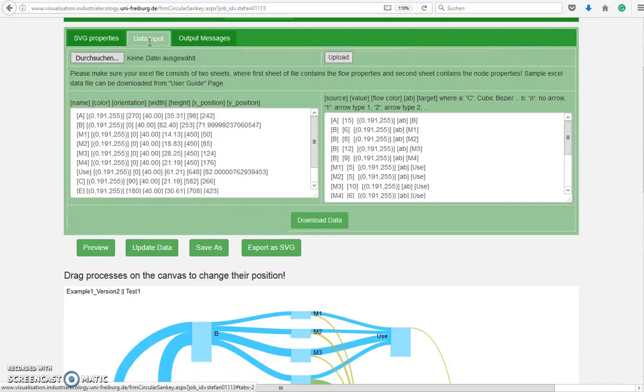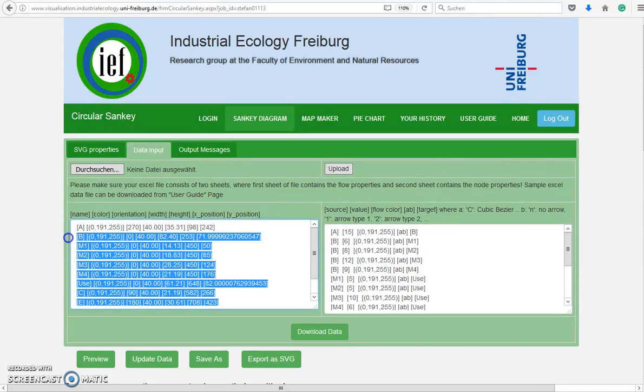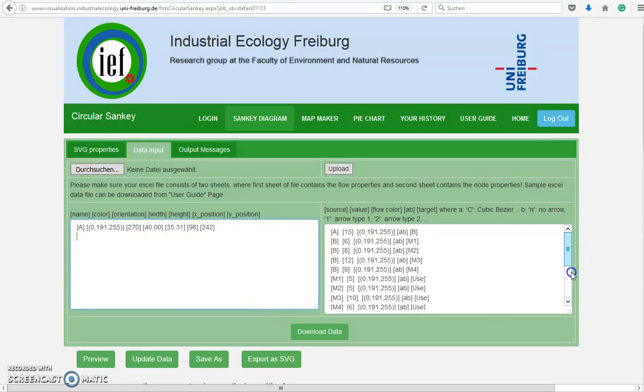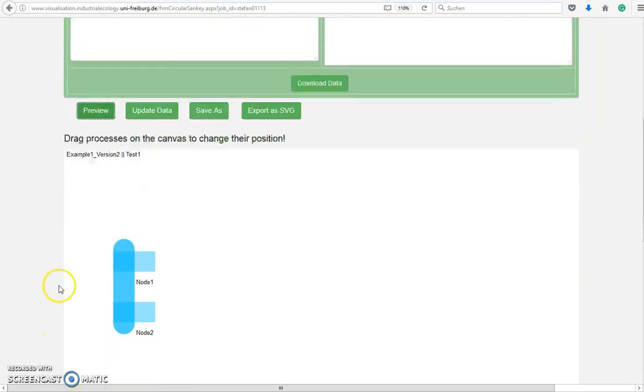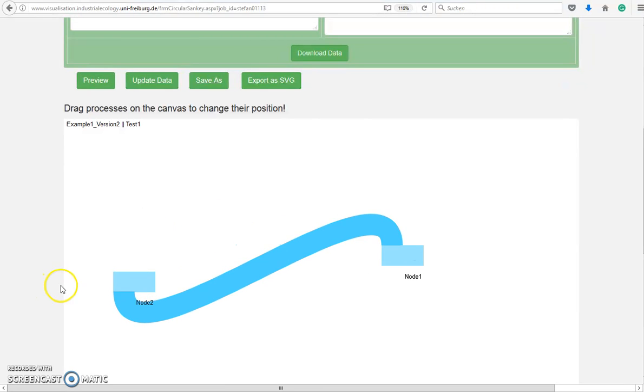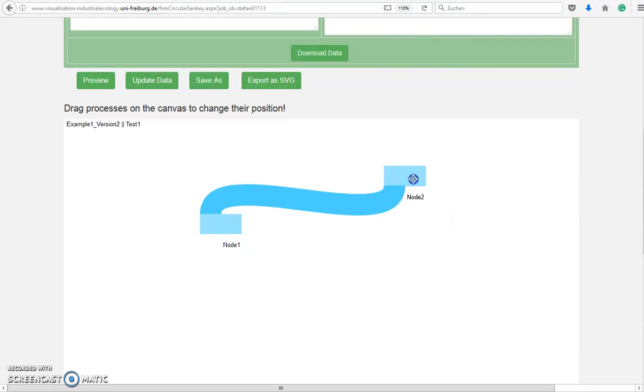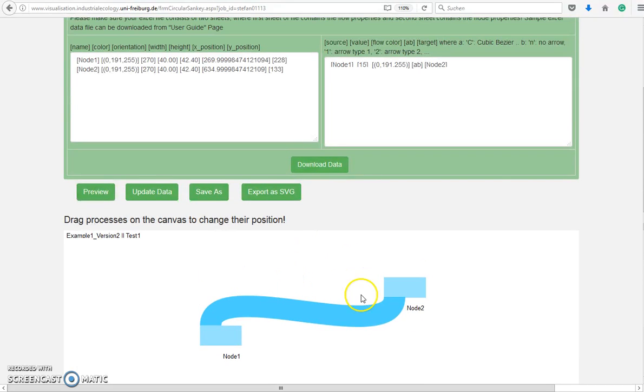If you want to create a new project, the best way to do that is to go to the Data tab and just delete everything that is there, maybe except for one line, so that you have a sample for how to write the lines. So let's say we start with node 1, and we know there should be another node 2, which has a slightly different position, and then I will have a flow from node 1 to node 2, and this doesn't look very nice, but of course you can move it on the canvas to change the position